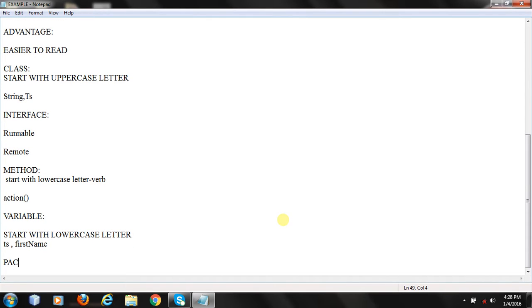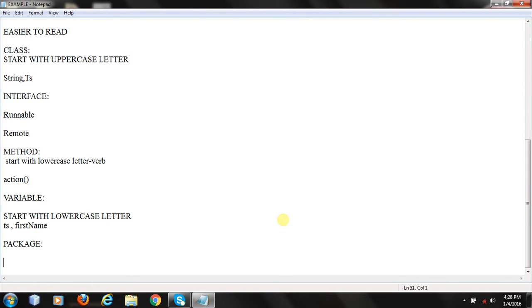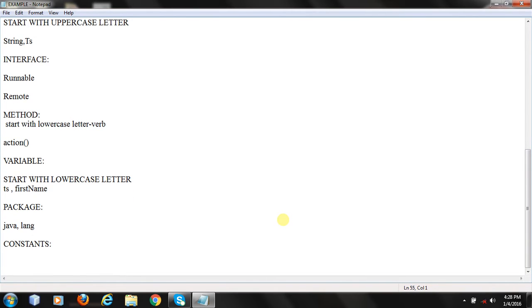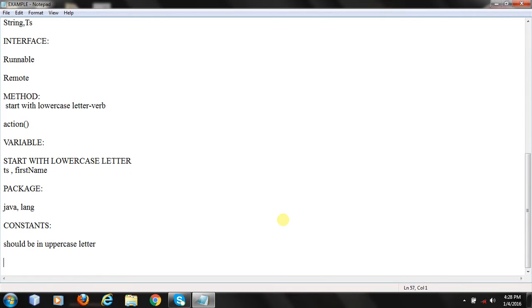Next naming convention for package should be in lowercase letter. Example: Java, lang. Naming convention for constants should be in uppercase letters. Example: red,